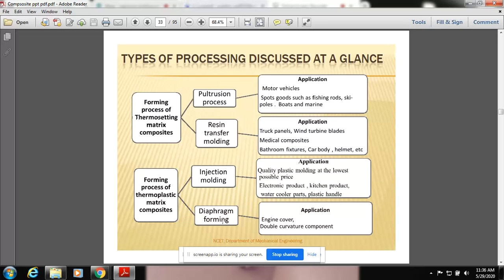Diaphragm forming is another process, where by using the diaphragm, as I mentioned, double curvature components, engine covers, car bonnets, and body structures of vehicles, and also helmets and mud guards for vehicles, are manufactured by means of diaphragm forming, right? That's all about the glance and brief overview of the different processes you can use in the manufacturing